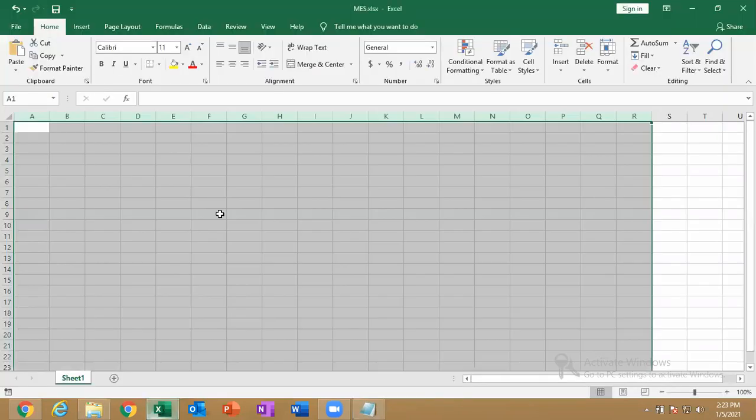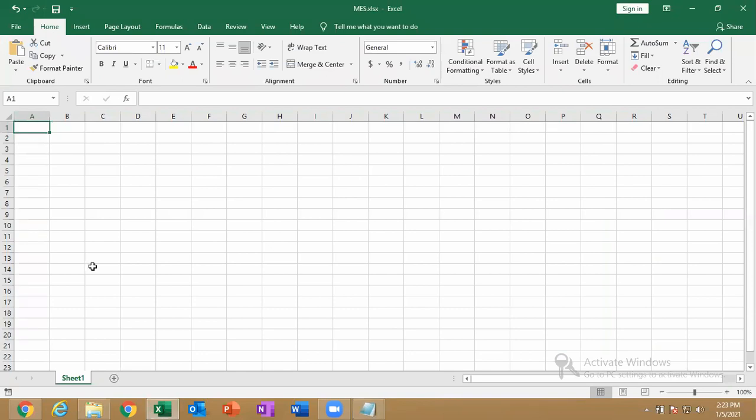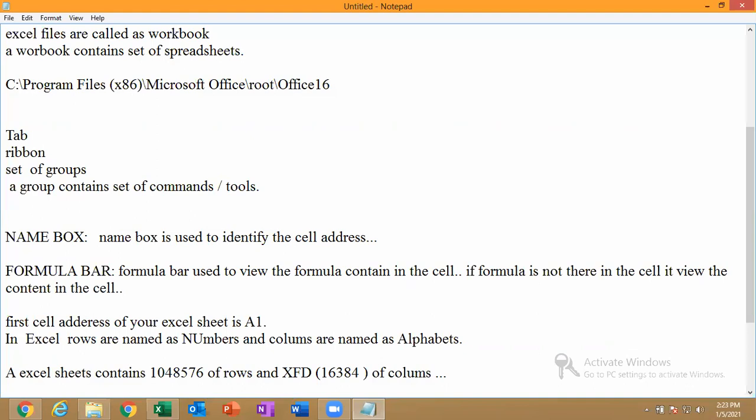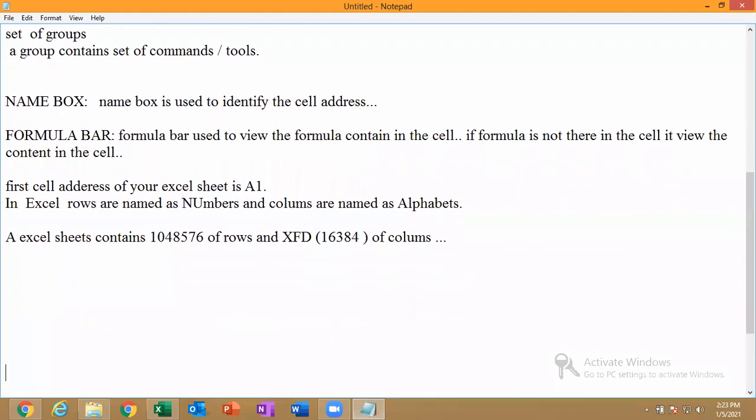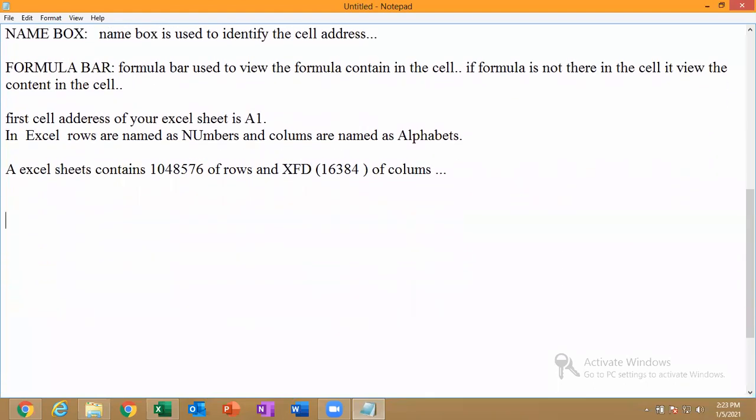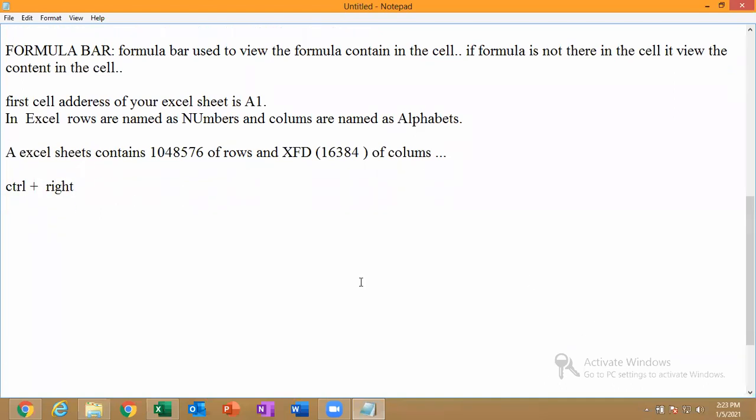So just see here, I am in the first cell. Use control right arrow mark. So for what?